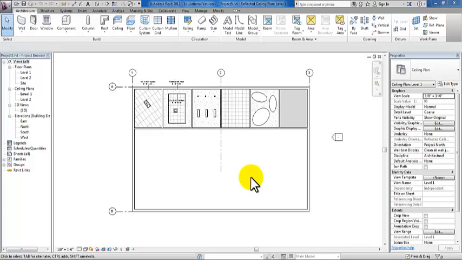In this assignment, we're going to take a look at placing tags, room, door, and window tags, and creating schedules. And then we'll take a look at text, creating sections, and working on the sheets. So let's start by